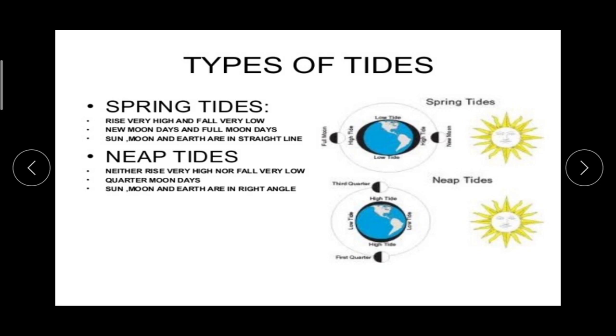So according to this, spring tides and neap tides are the two types of tides. Now what is exactly the difference between the spring tides